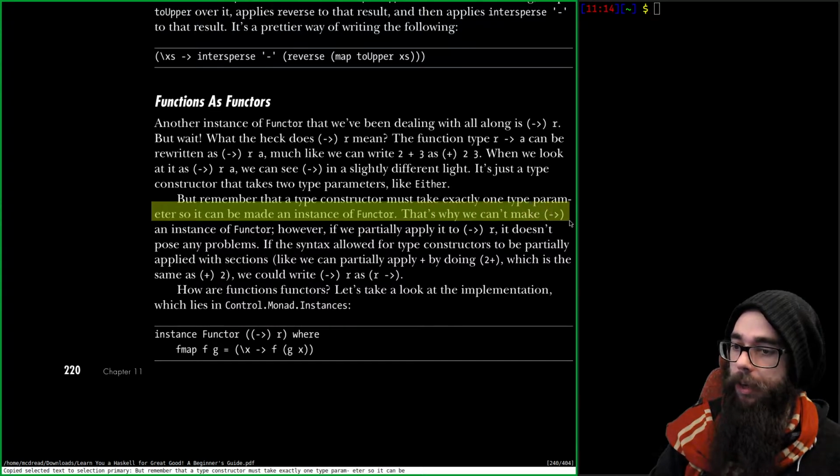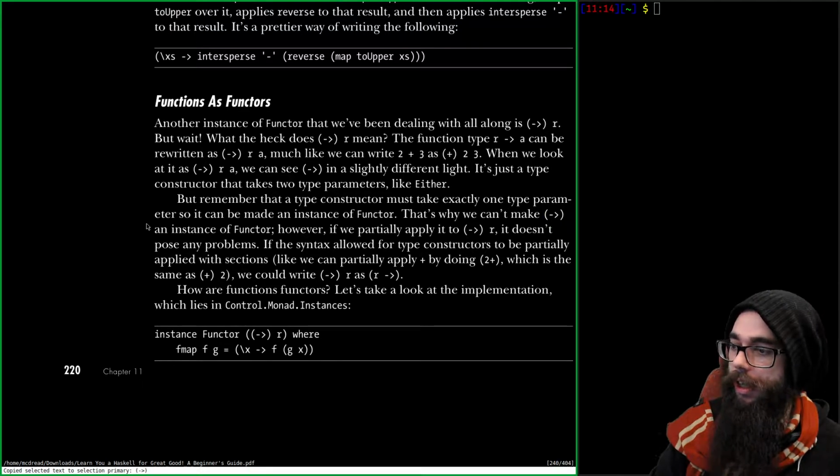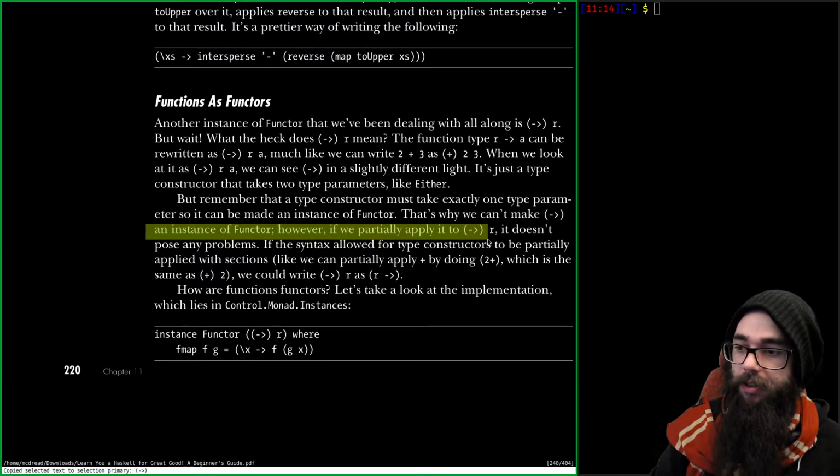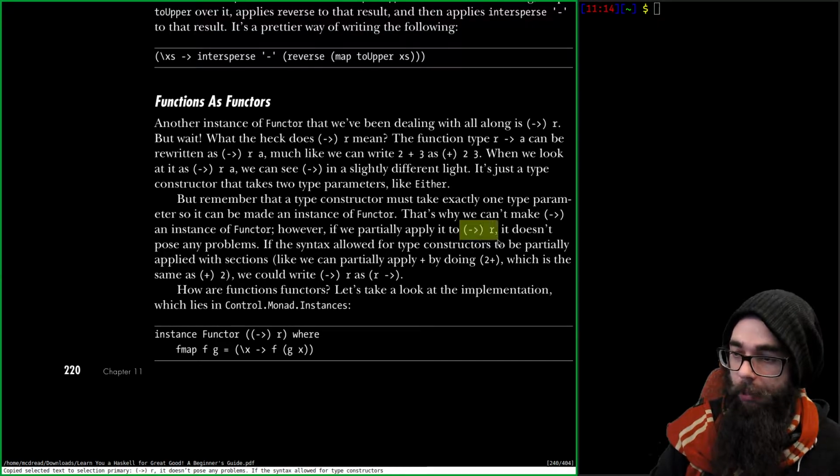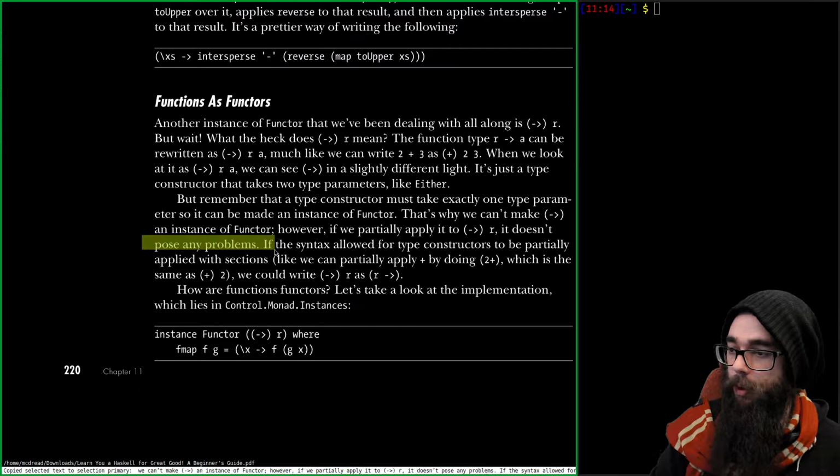That's why we can't make the arrow type constructor an instance of functor. However, if we partially apply it to R, we have something that doesn't pose any problems. Exactly. So the R stands for